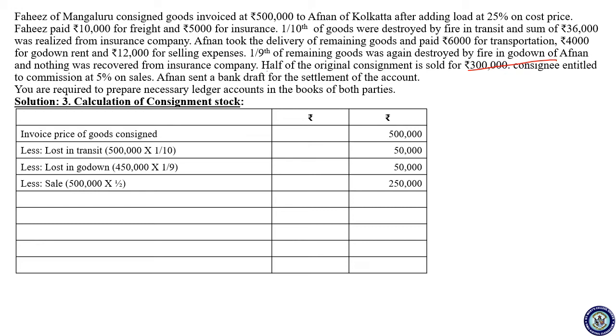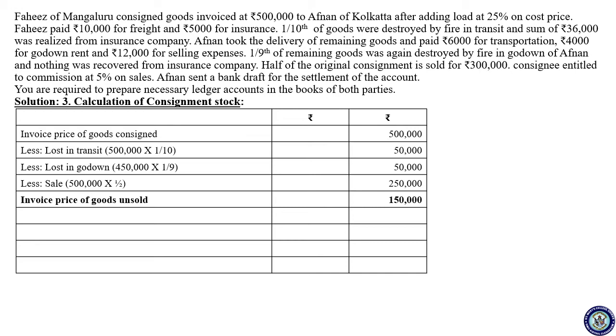See here, it is half of the original consignment. Original means not 4 lakh 50 after deducting this, it is on 5 lakh. Original cost of consignment is 5 lakh, out of which half, that is 2 lakh 50, worth sold for 3 lakh. So it is 5 lakh into half. The cost is 5 lakh, sold it for 3 lakh. So 3 lakh is nothing to do with the consignment stock calculation, but we need to know the cost price. If you deduct, you will get the invoice price of goods unsold,